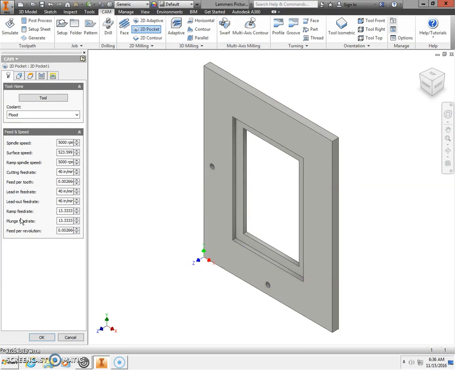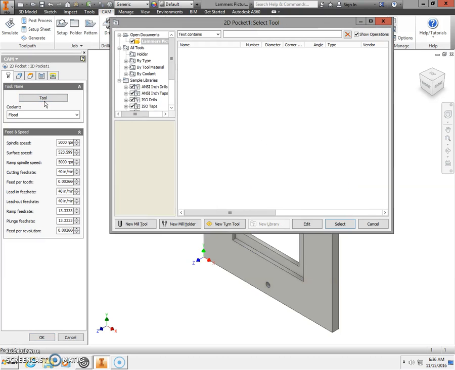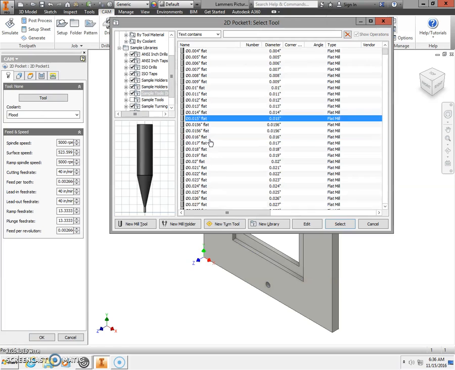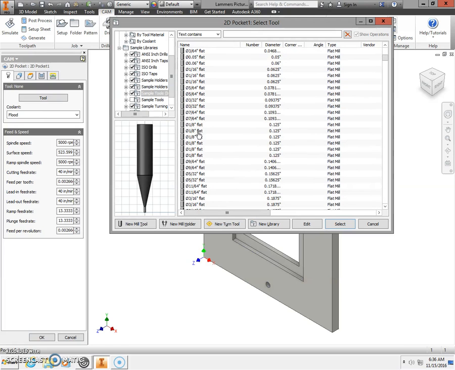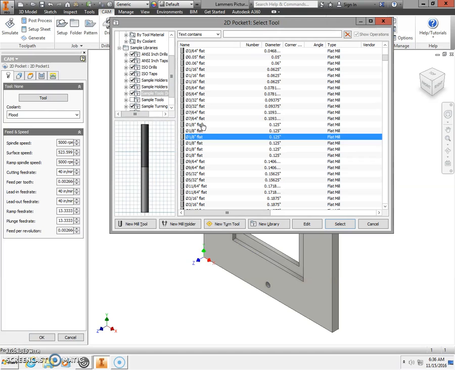Top to bottom of my menus again, and left to right across the tabs. So first I'm going to select my tool, and I'm going to scroll down just a little bit in order to find my sample tools. Sample tool inch is what I want to choose. And then we're going to be using an 1/8 inch end mill, so I'm going to scroll down until I find my 1/8 inch flat end mills. There's 6 of them listed here. I want to choose the 1, 2, 3rd one down from the top of the 1/8 inch flats, and click